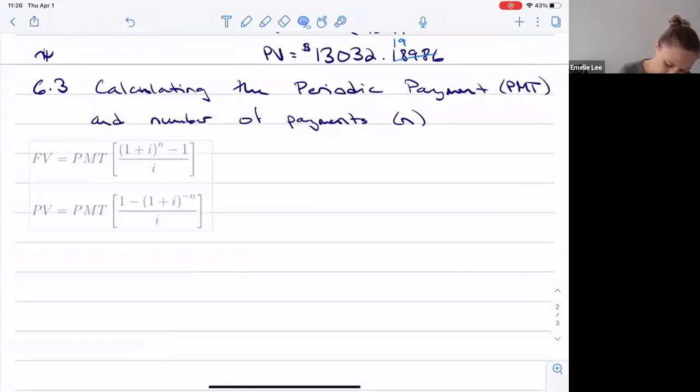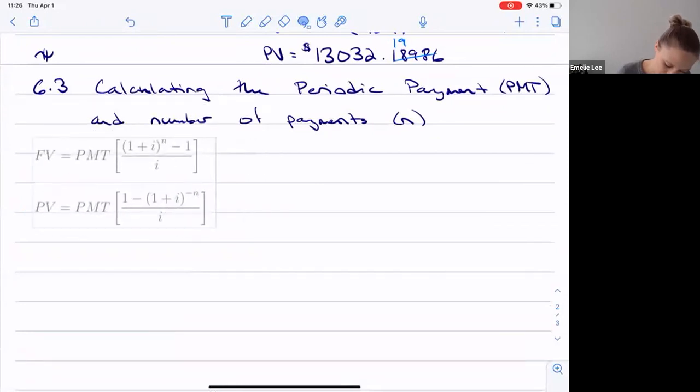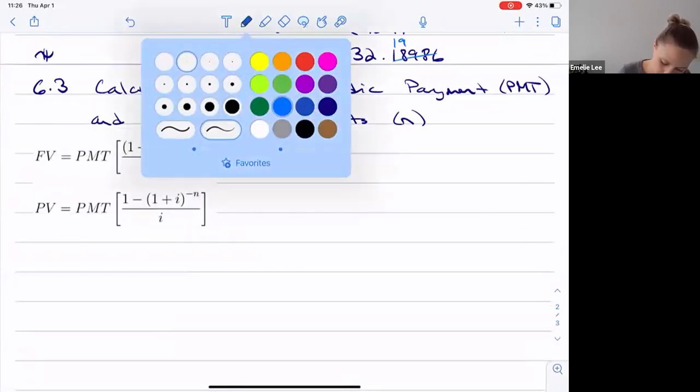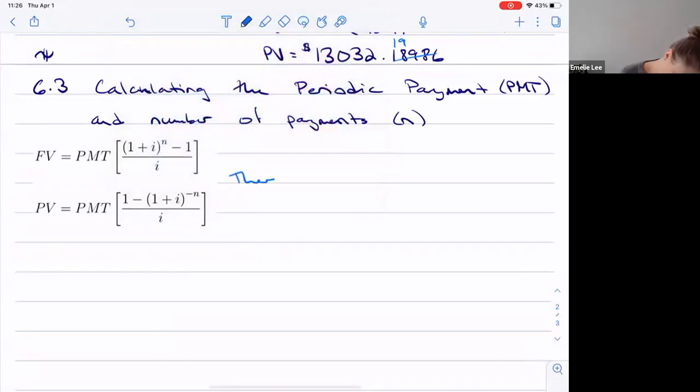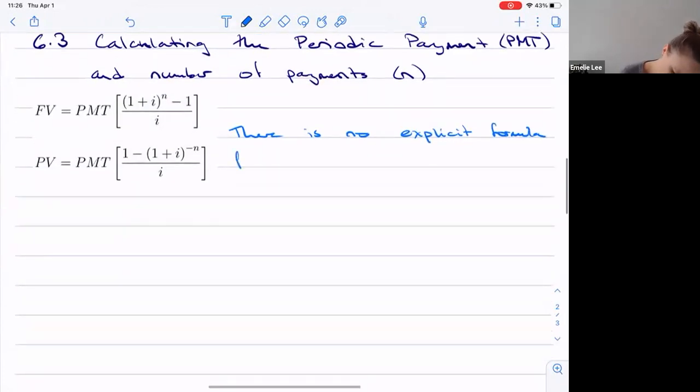There is no formula for the payment amount, right? So there is no explicit formula for solving for PMT,